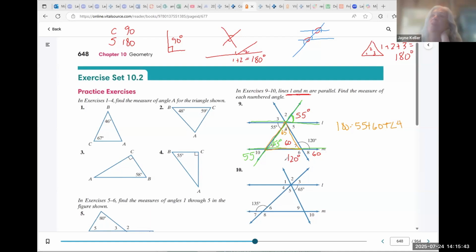So what else do I know now? Angle 2 is also 65. And now I've got a couple of ways that I can get angles 3 and 5. This has to be 180, right? So I could add these two and subtract. That's one way to get angle 3. But also